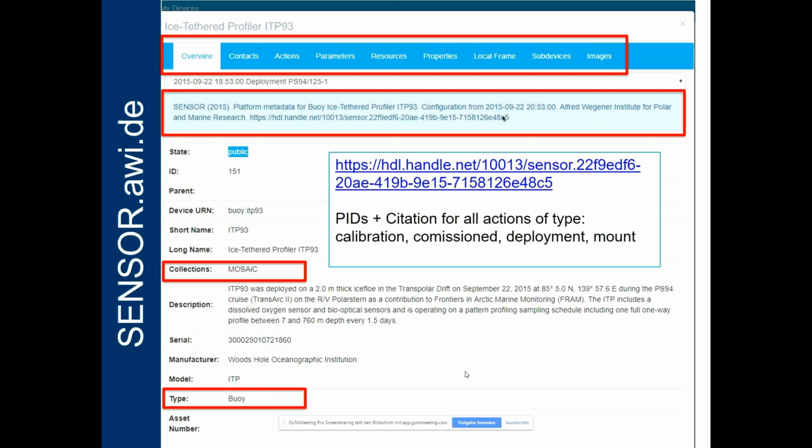As I said, on the top you have these registry cards or tabs, and if you look under overview, this is the case of a buoy, an ice tethered profiler ITP 93. You will see first of all that there is a description of this buoy, but most importantly, you can assign this buoy to a particular collection. In this case, only for the sake of demonstration, I added the collection